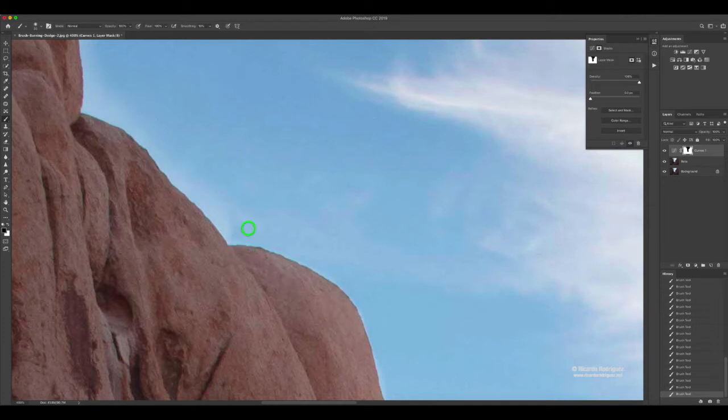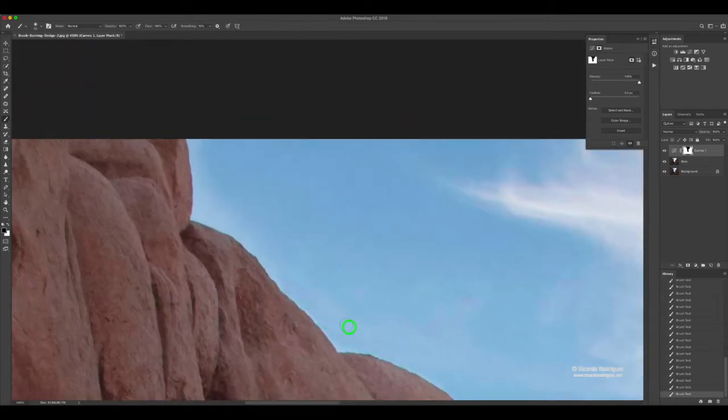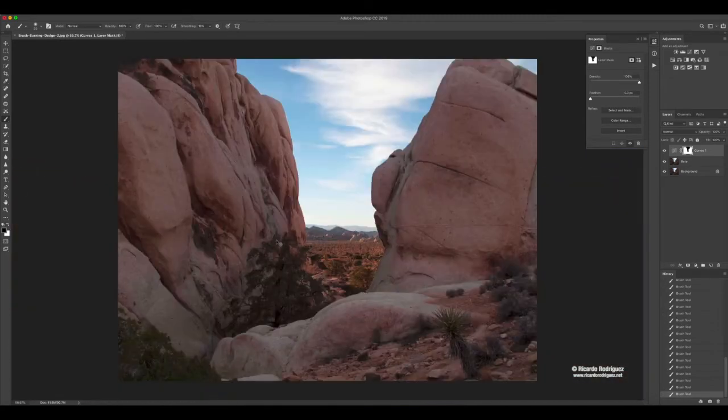Okay. And then I go ahead and do this here. I'm getting close to the end. Now, of course, I'm not being super careful. Don't judge my Photoshop skills right now. I'm trying to do it as quick as I can to make sure that we get a decent image, but so that I can see a halo right here. So that's not good. So I'm going to zoom in again